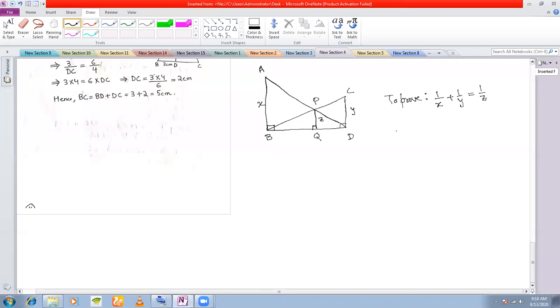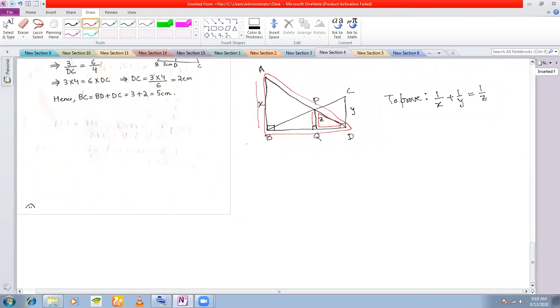Now, see, in this figure, what can you see? What are the similar triangles that you can see? Suppose I consider this side and this side. Then what triangles can I see which relate these two sides? I can see this triangle, and I can see this smaller triangle, which I can prove to be similar, right or wrong? Can I prove them to be similar? Yes, sir. Yes, because one angle is common and two right angles.